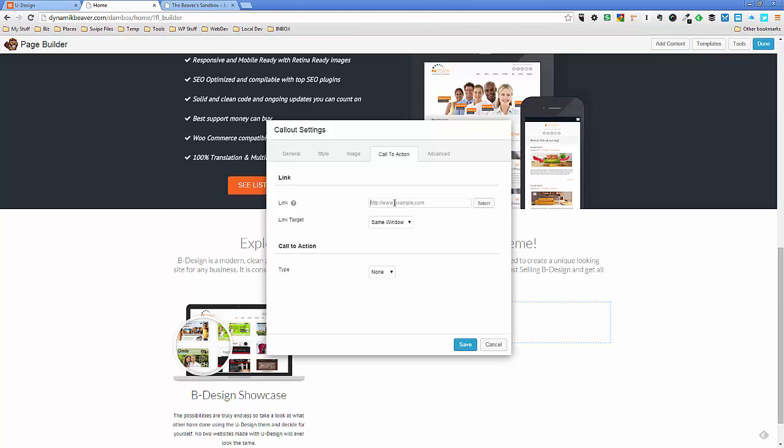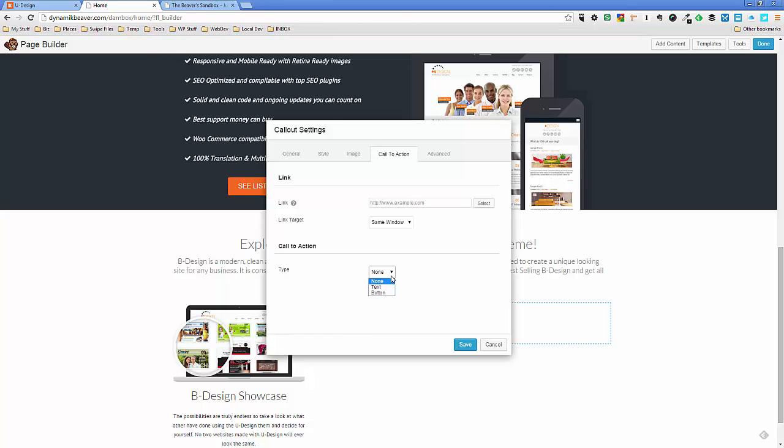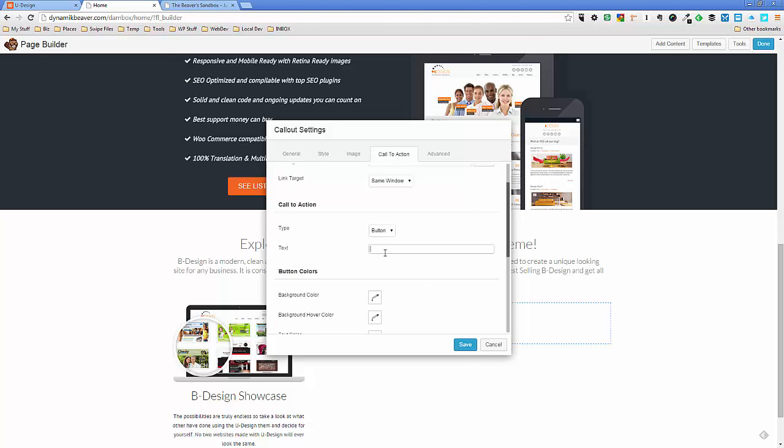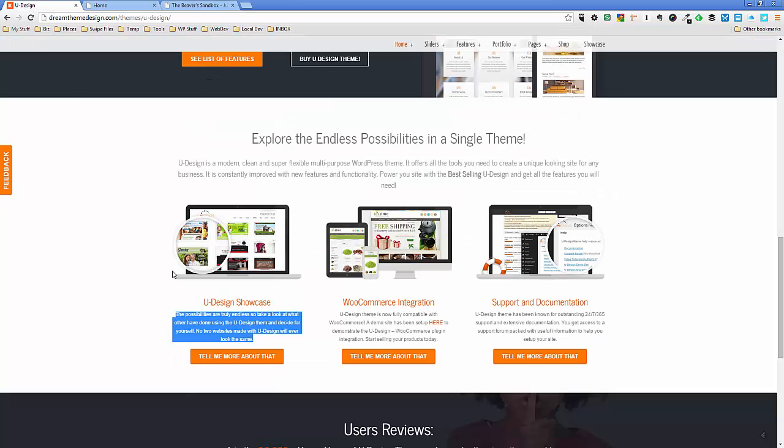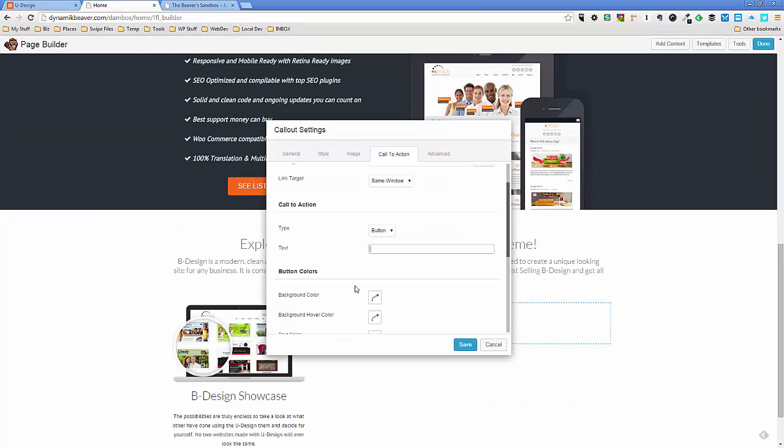And the call to action, I'm just going to put a link in here. Oops, I'm just going to put a link. Of course, I'm having problems with my keyboard here. Yeah, that would be Google Chrome doing that. Sometimes it does do that when I actually get keys mixed up. Anyway, we'll worry about that afterwards. And the button here is going to be, what's the button text on this one? Tell me more about that. Okay, so tell me